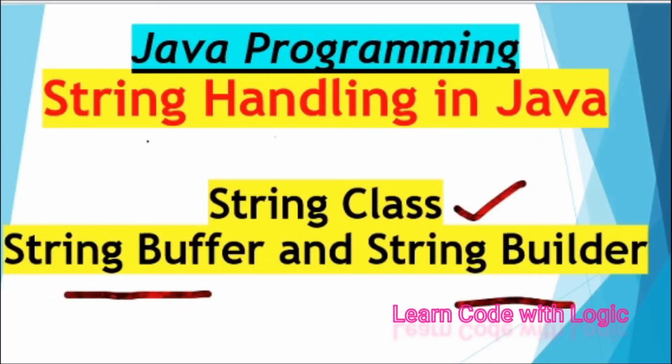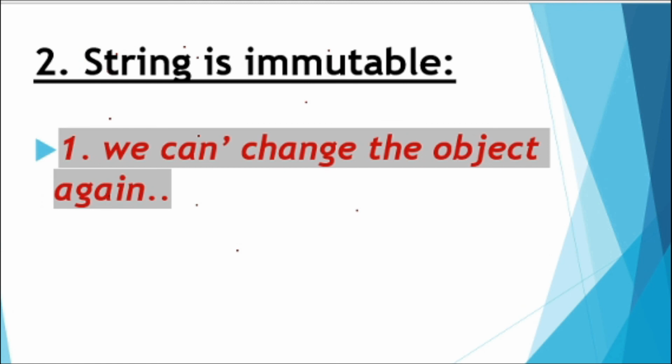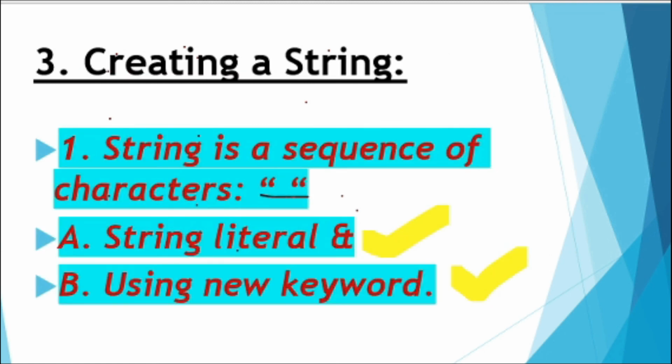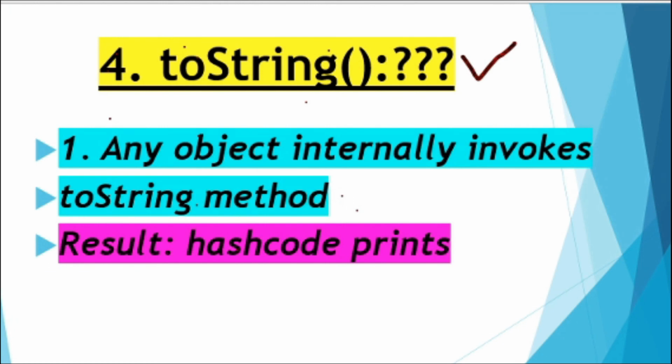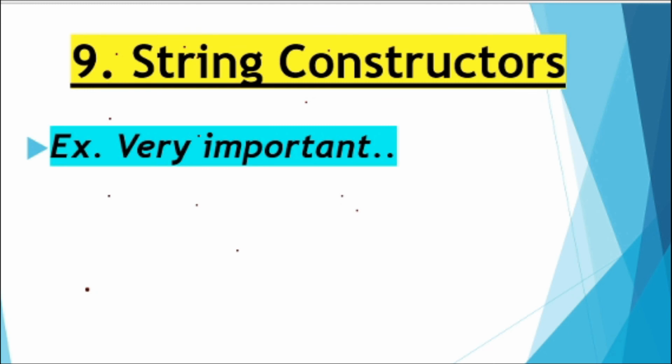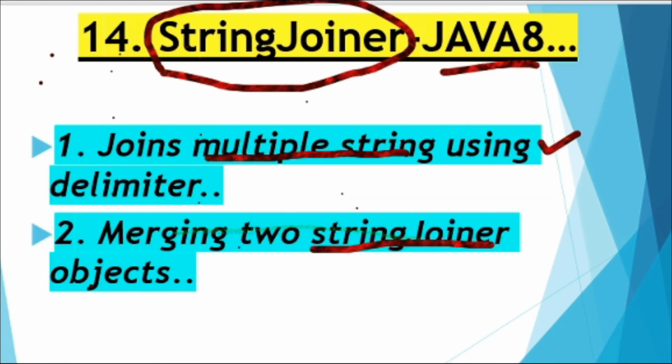That's all, guys. I'm done with the string handling concept in Java. Pretty much we talked about the string class, string buffer, string builder, what is immutability and mutability. And one more important thing is how to deal with the toString method. And we have seen a handful of examples to practice. As I said earlier, I'm wrapping up the string handling session.